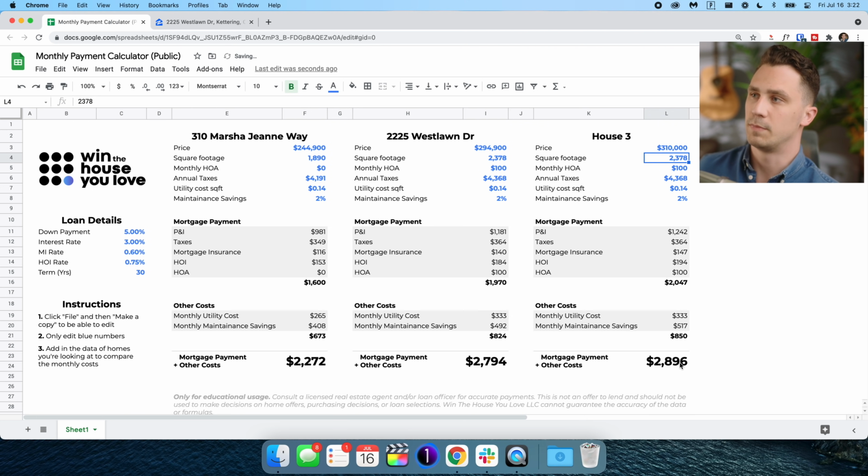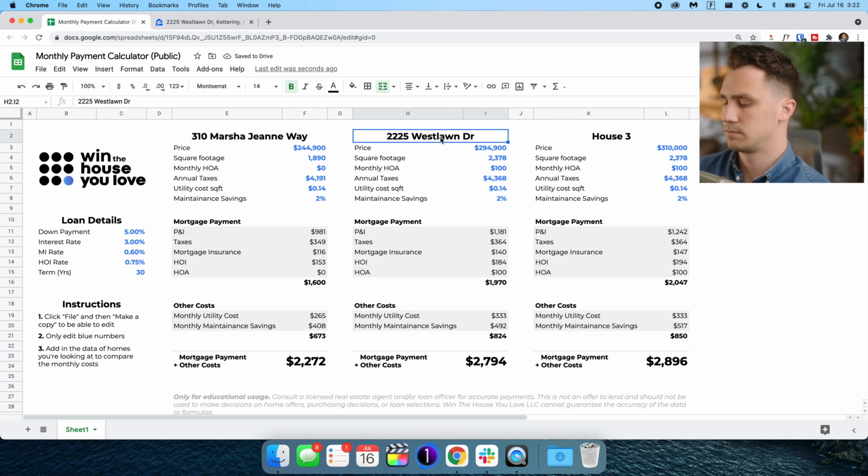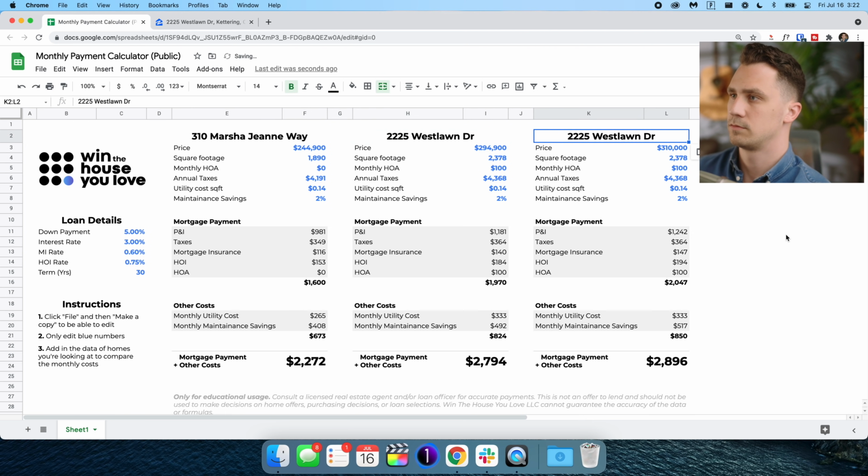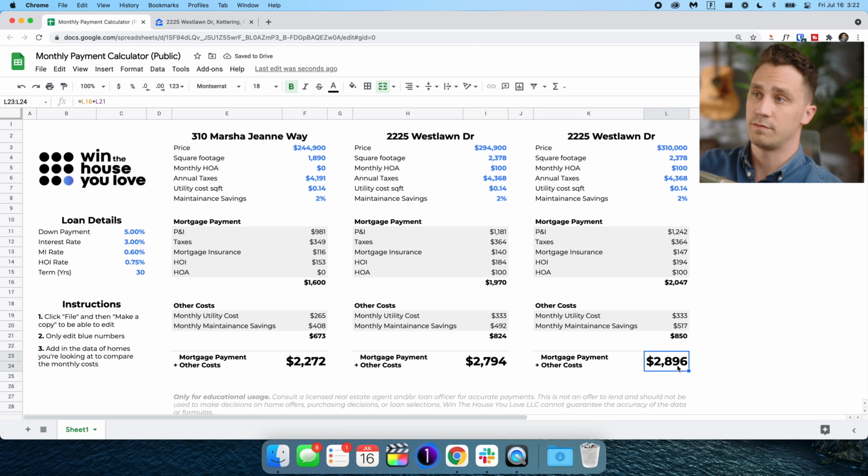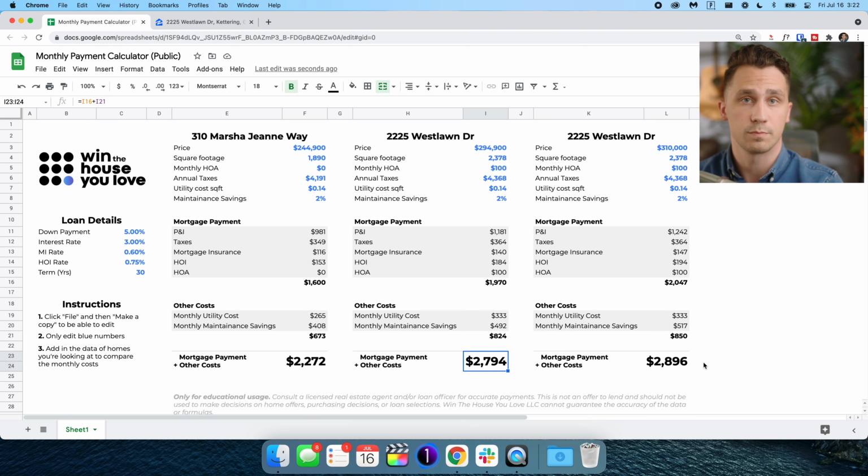What would that do to your monthly payment? Same house. Going up by about $15,000 in our offer would increase the cost by just a little over $100 per month as our bottom line. So maybe that's something you want to consider.